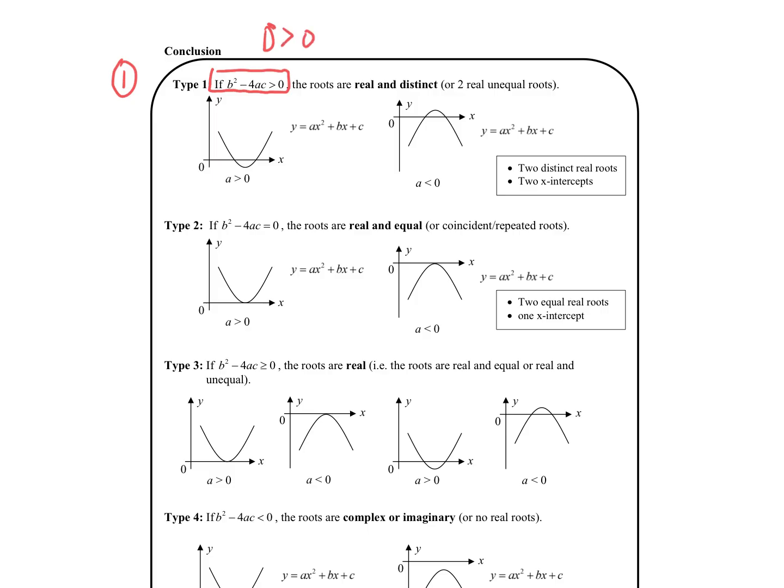Then it's 2 real and distinct roots. Just means it cuts at 2 points. This one we know already. If it's equal to 0, you have equal and repeated root. Sometimes they say coincident root, but it all means cut at 1 point. We can also use touches